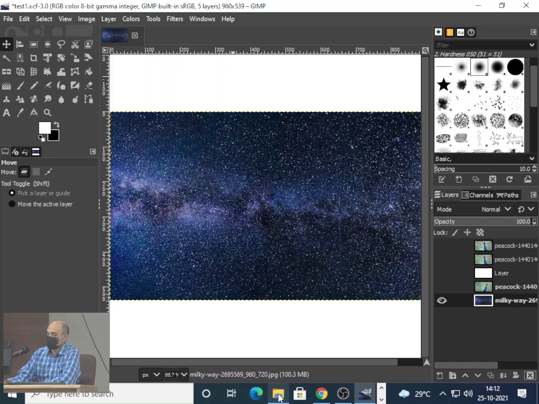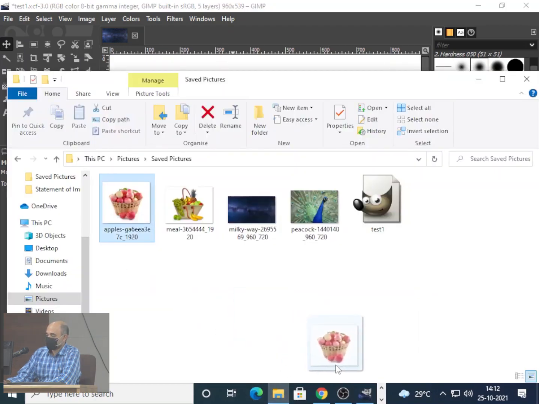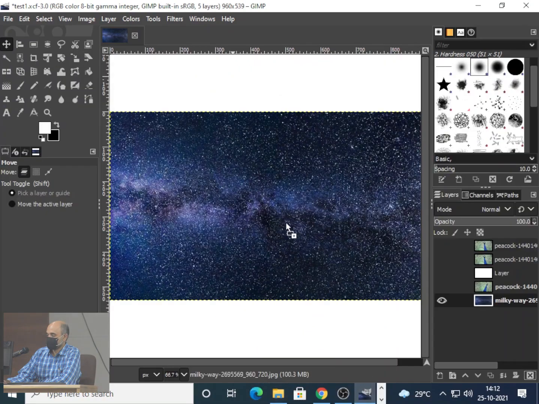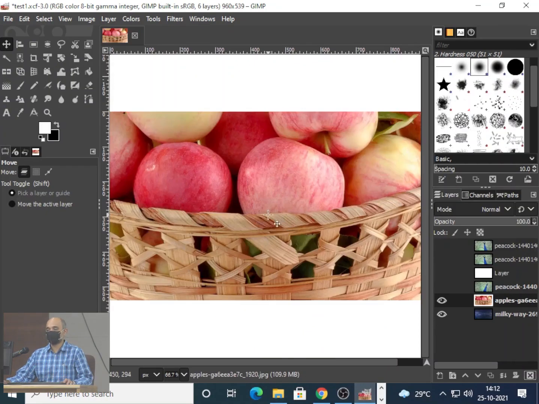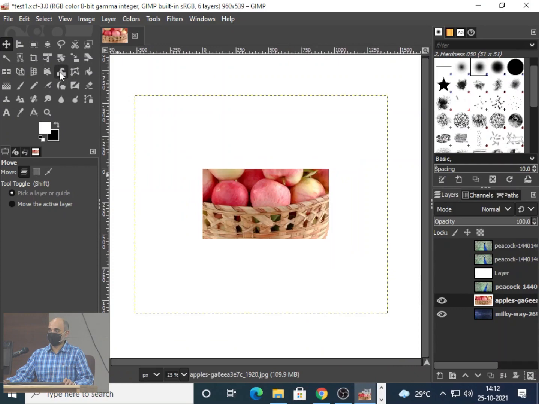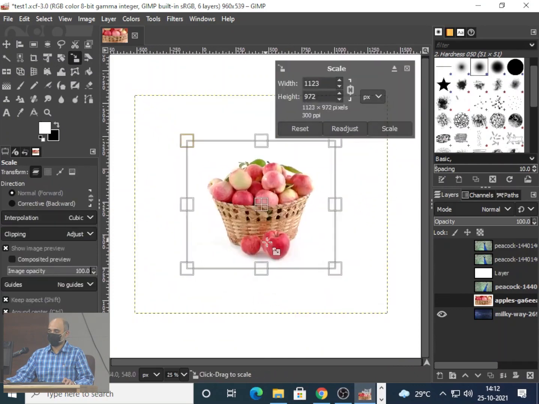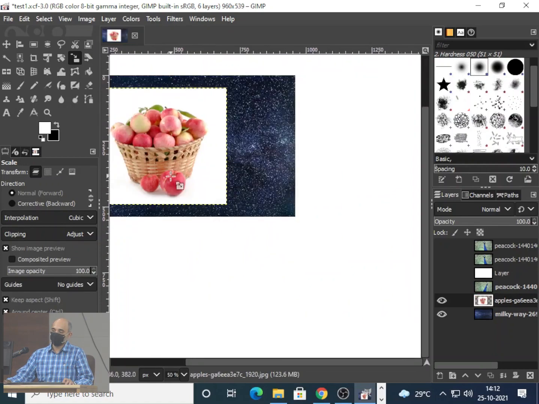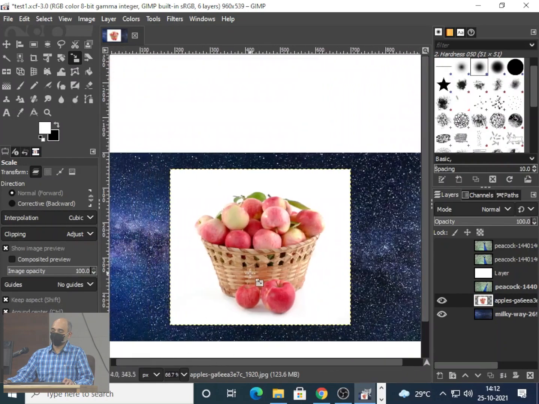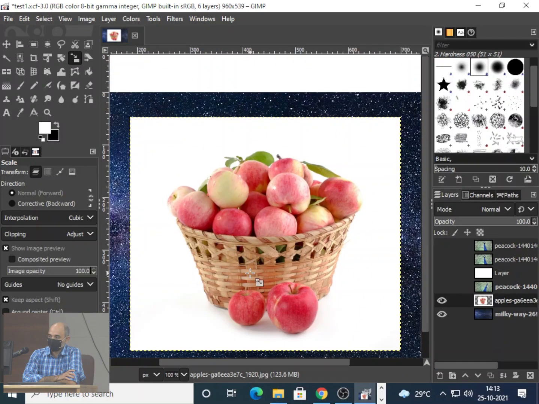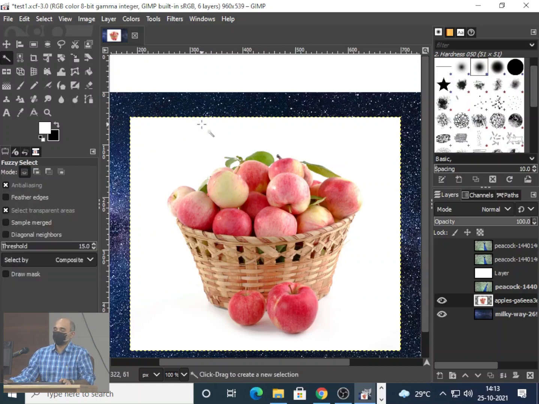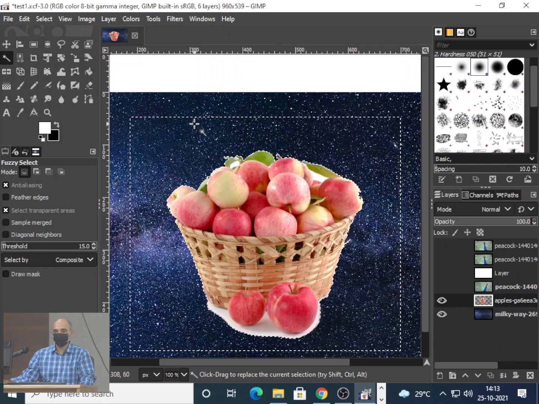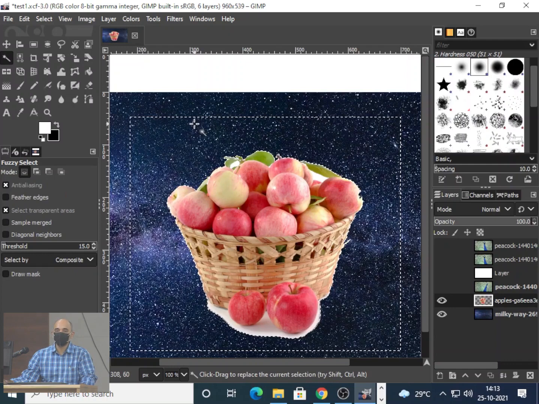Suppose you have this, okay, and I have got another image that I have downloaded. How will I remove the background? What are the different ways? One is I can select it and delete it, right? I'll show you the easier way of doing things. Take this tool, select this, right? One way. What has happened to the image?